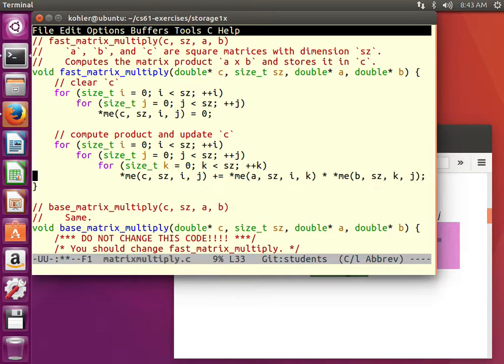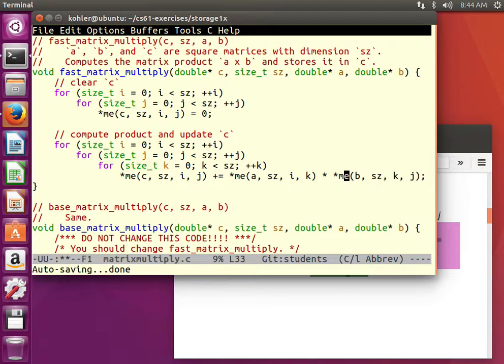Similarly, no matter what order we choose for these additions, for the way that we're computing the output element of the matrix, all of these computations are commutative. We're adding a bunch of products, and addition is commutative. Those of you who know something about floating point arithmetic will know that addition is not actually completely commutative when we add floating point numbers, but we'll wave that away for now.